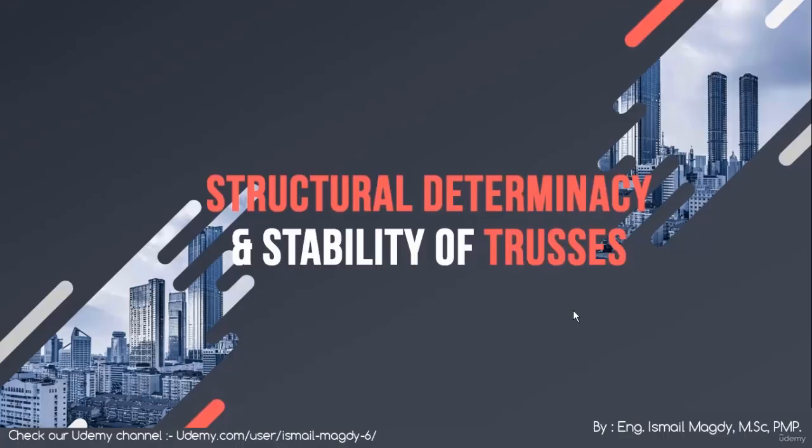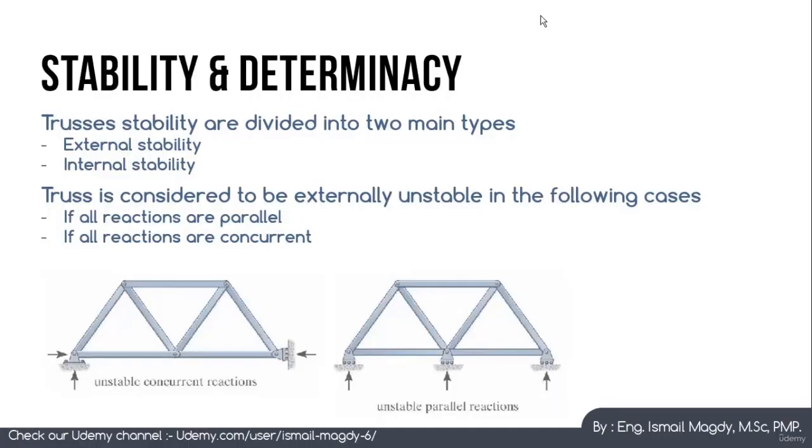In this video, we are going to learn about stability and determinacy of trusses. Stability and determinacy of trusses is very similar to what we have learned in beams and frames. Trusses' stability is also divided into two main types, external stability and internal stability. For external stability, the same rules that we have discussed earlier in the case of beams and frames are also applicable